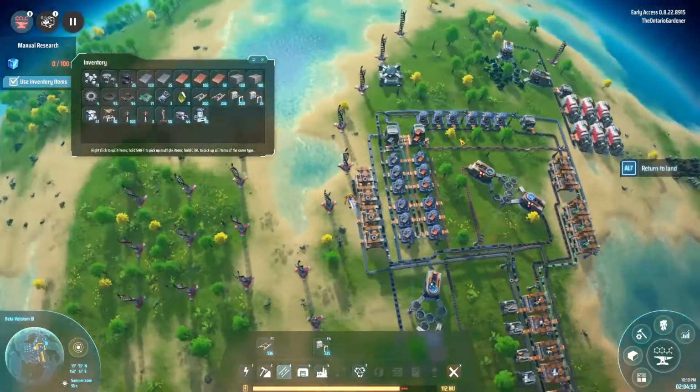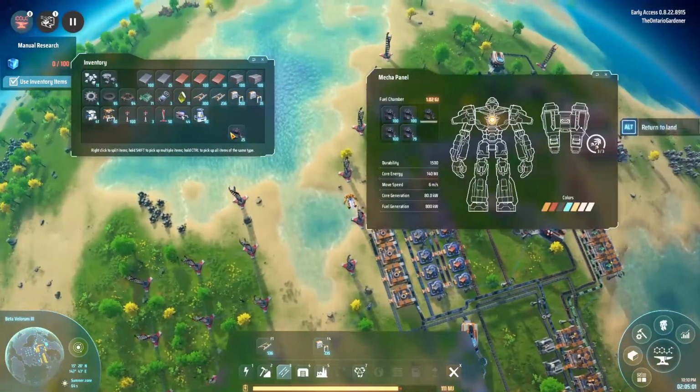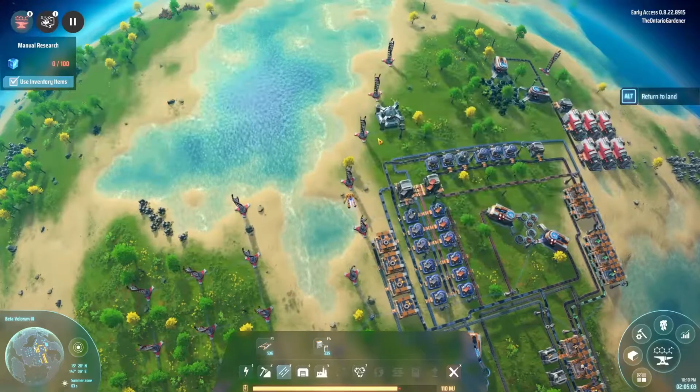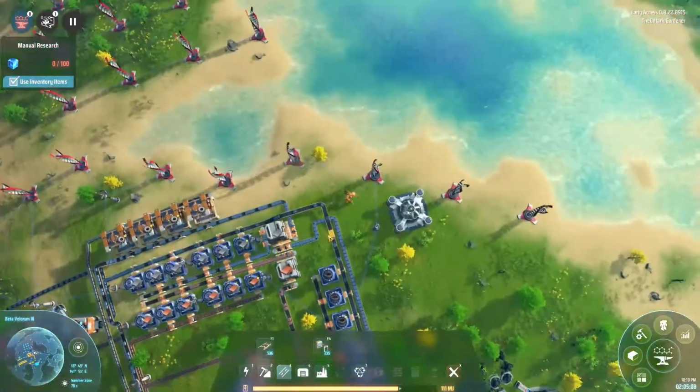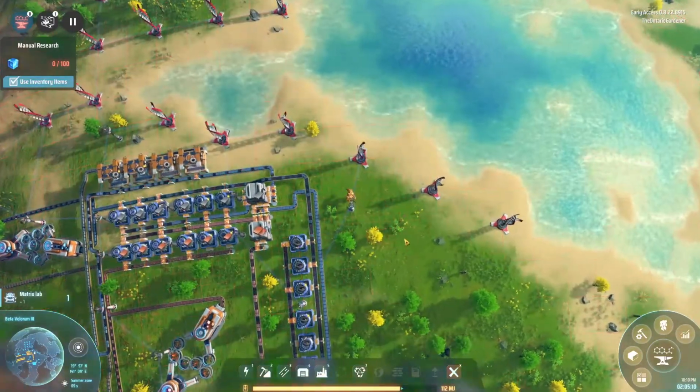This is quite alright. Oops, wrong button. I want to dump some more coal in there. So what we want to do, let's see, check on power. Power is good. What I want to talk about next is doing these